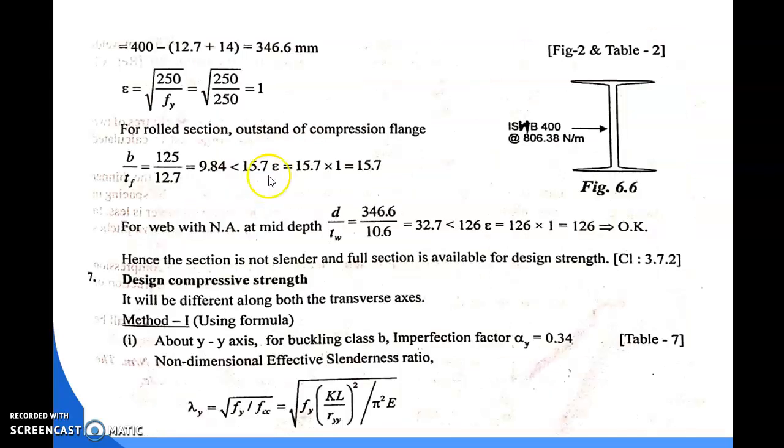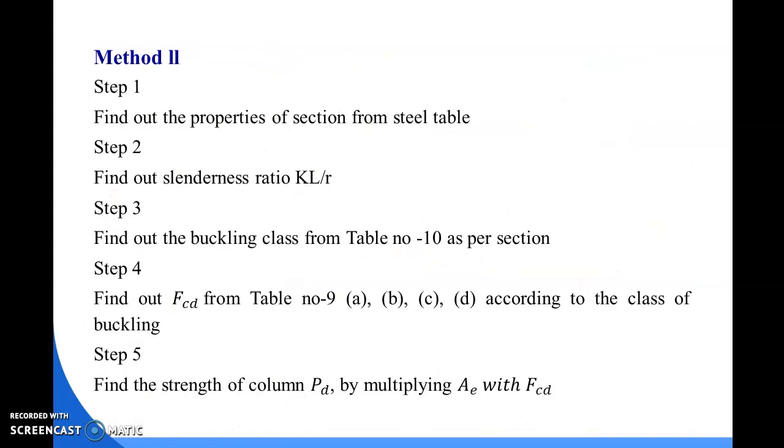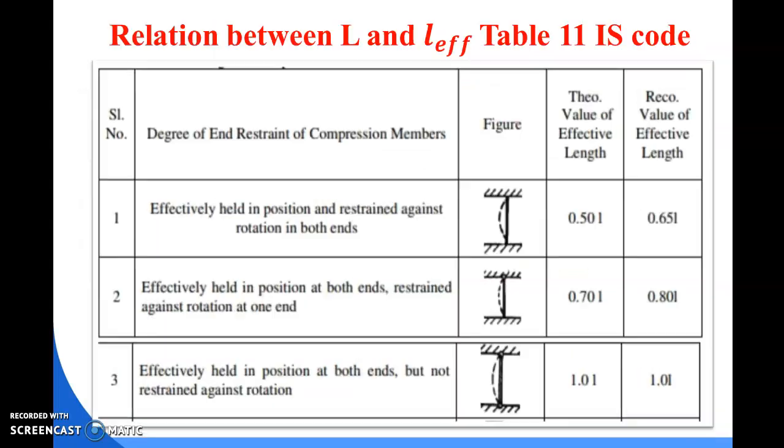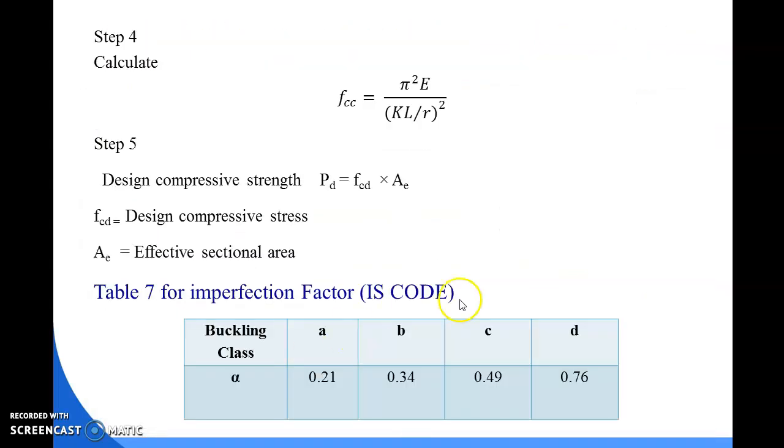First of all, we know the lambda value, which is equal to the root of Fy by Fcc. We know that your FCC value is equal to pi square E divided by KL by R to the power